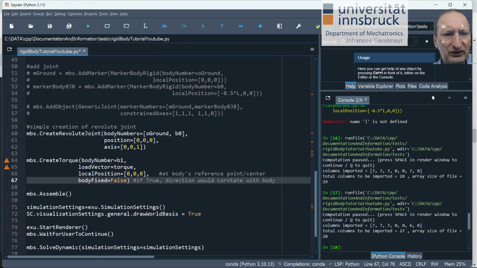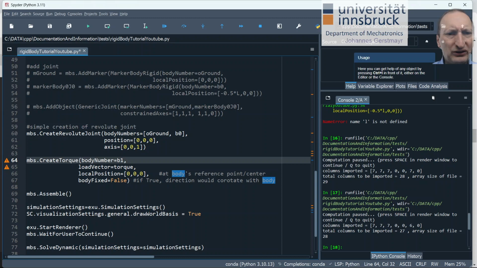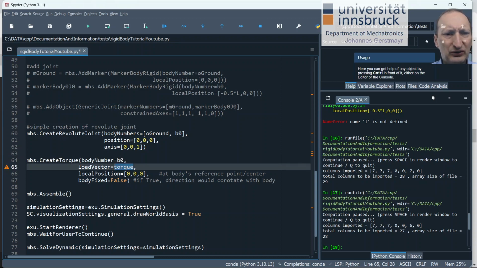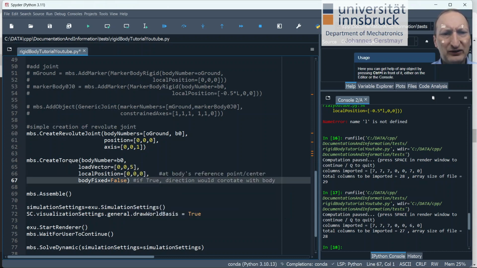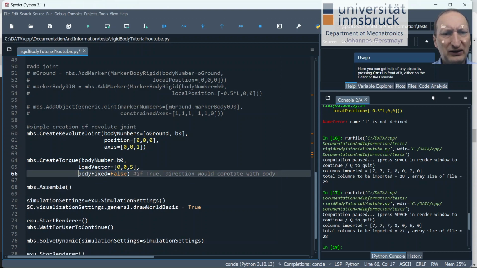So what we can do is we can add a torque. Let's say we want to add a torque to the body 0. The torque we will just set to 0, 0, and then let's see what happens. Maybe add a torque of 5 Newton meter around the z-axis, positive direction. There's a local position at the body which is not needed here, so we can just omit it. And we can also say if it's body fixed or not, but usually this is